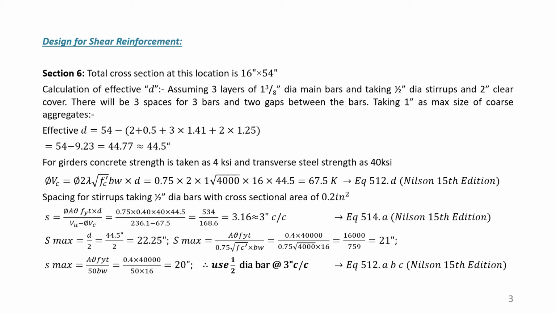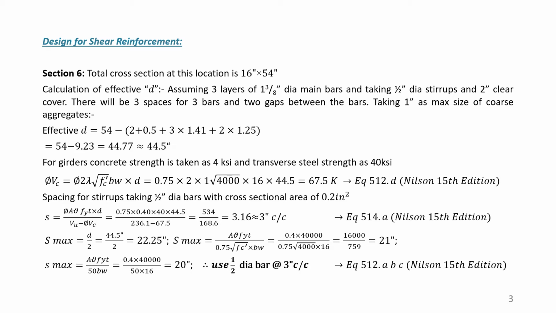54 is the total depth, minus within the first bracket there are 4 elements. The number 1 is the 2 inch clear cover. 0.5 stands for stirrup diameter, and we anticipated that there will be 3 layers of rod. In actual field there may be a slight change, and that will not affect this design very much. And our estimate of 3 layers of